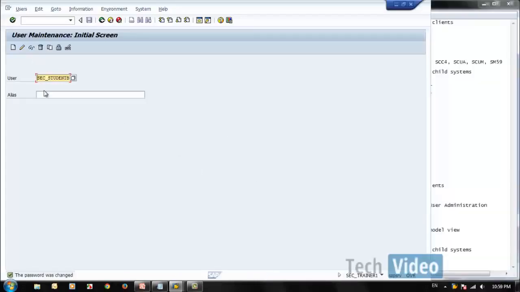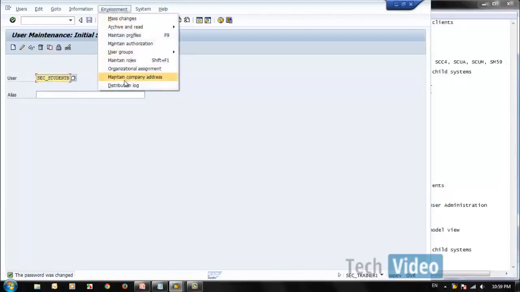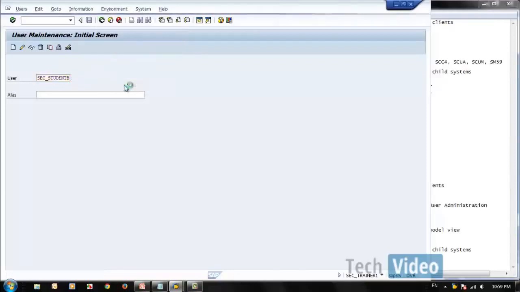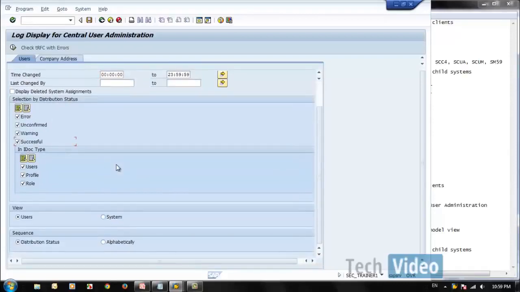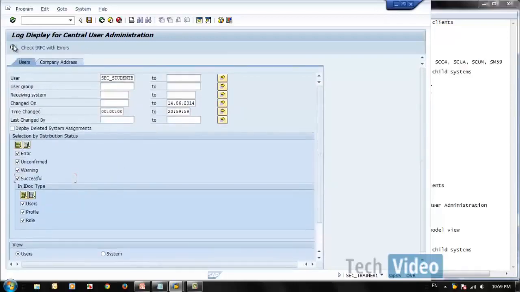Under our user SEC student B, if you go to environment, you have something called distribution log. Click that, then you can select based on the user or specific date. Anyway, we created only one user. Select the distribution status, event successful, and say execute.